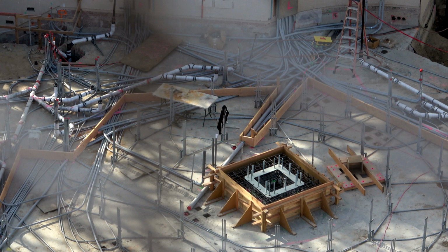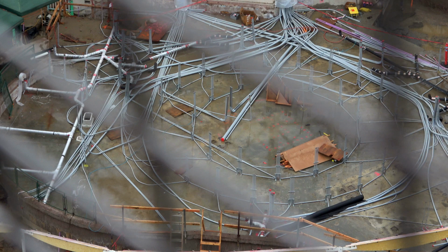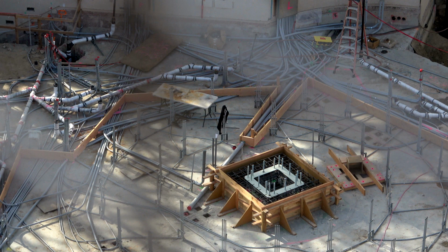Now, take a look at this and compare that to last week. They're definitely making some progress on creating more foundation for this attraction. That's last week, and if we come back to this week, you can see all kinds of forms going up where they're getting ready to pour concrete. I think actually, no, I'm not sure about that because there's only one board set up. Usually, when it's forms, there's an inner and an outer. So I'm not sure what that